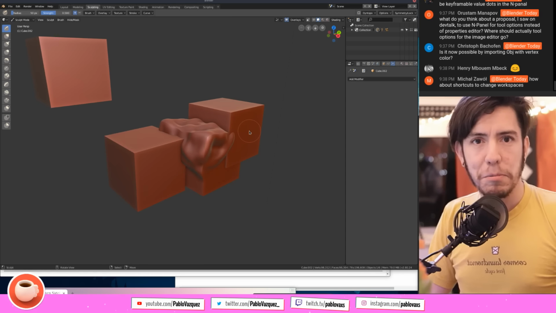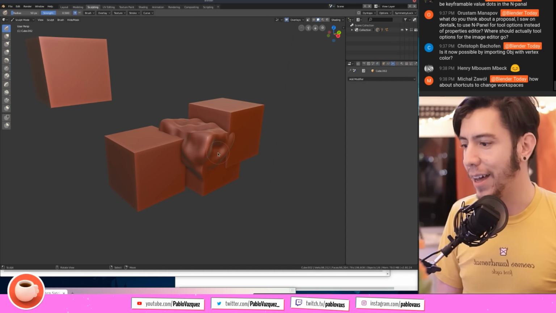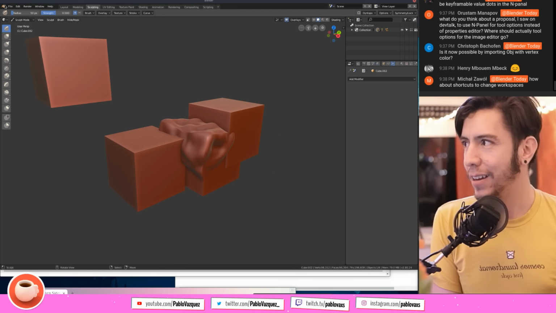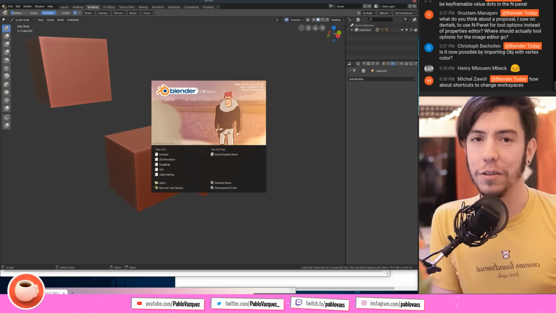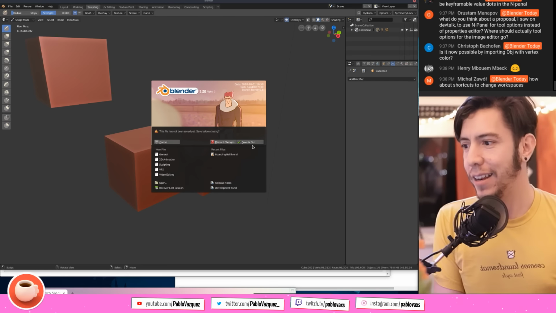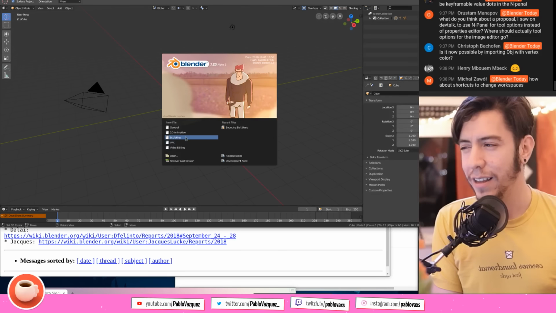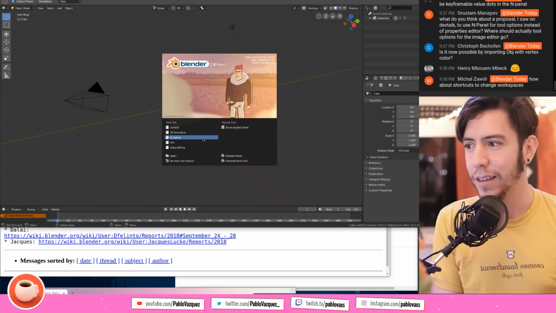Nothing really new here, except that you can start this from within the splash screen or when you create a new file. So that means that in order to start sculpting, you only have to open Blender, click sculpting, and